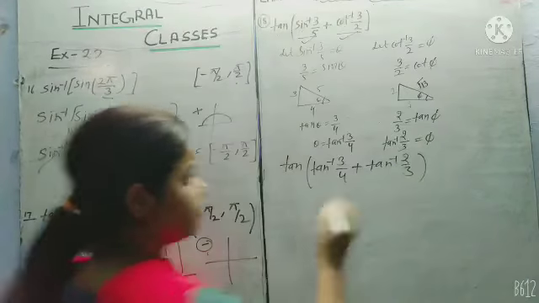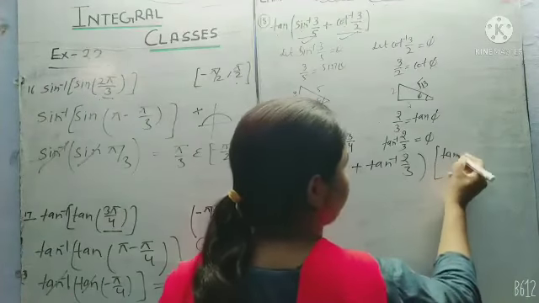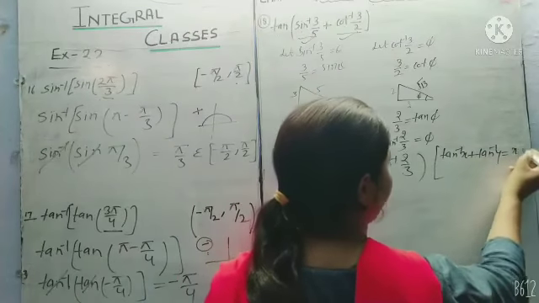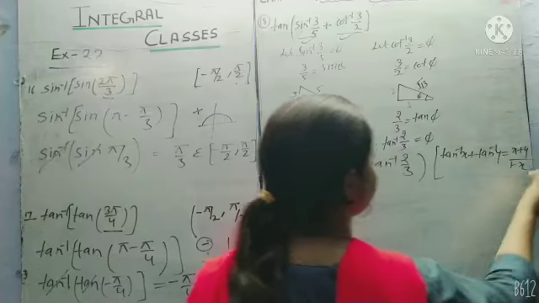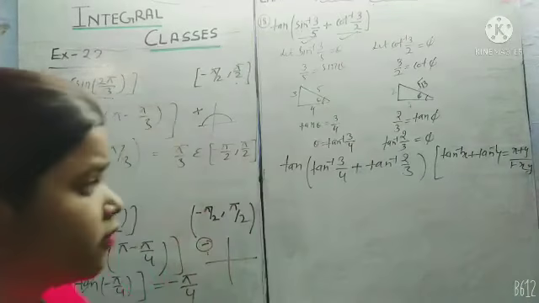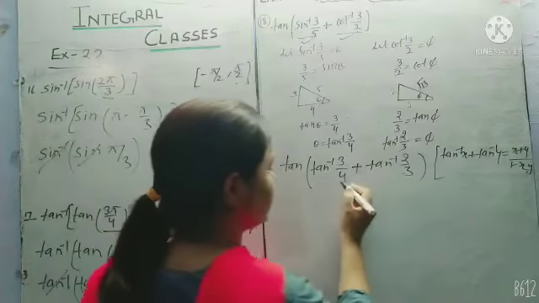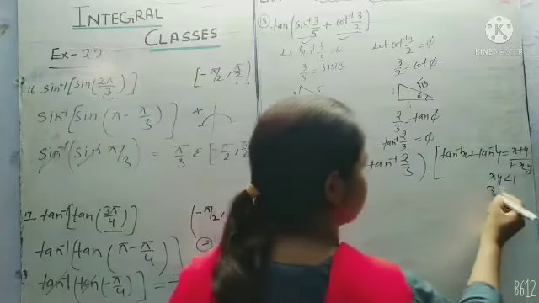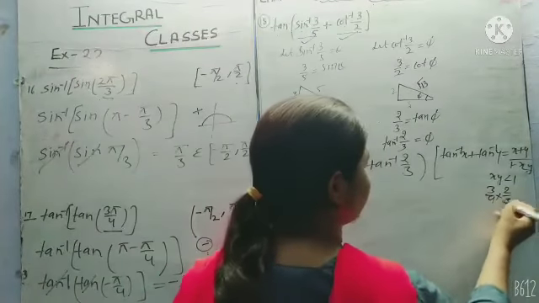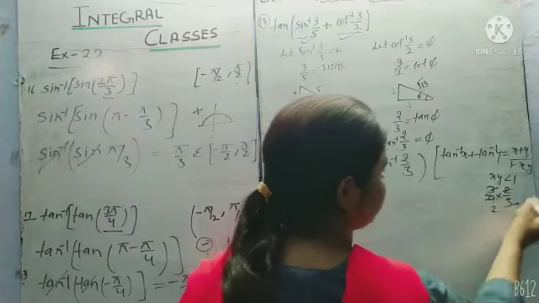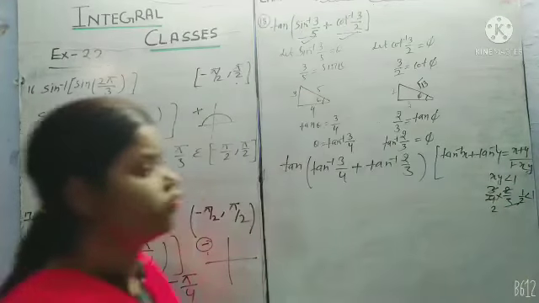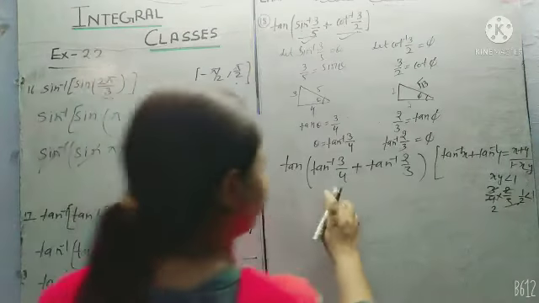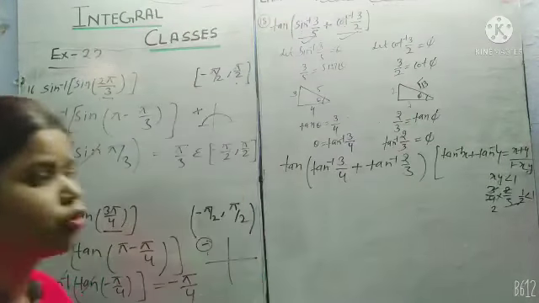Now here student we will again use the formula tan inverse x plus tan inverse y equal to x plus y upon 1 minus xy. But firstly we will check that xy is always less than 1. So x is 3 by 4 into y is 2 by 3. 3 is cancelled, so 1 by 2 we will get, and 1 by 2 is always less than 1. So this follows the property, and we can apply this property now.